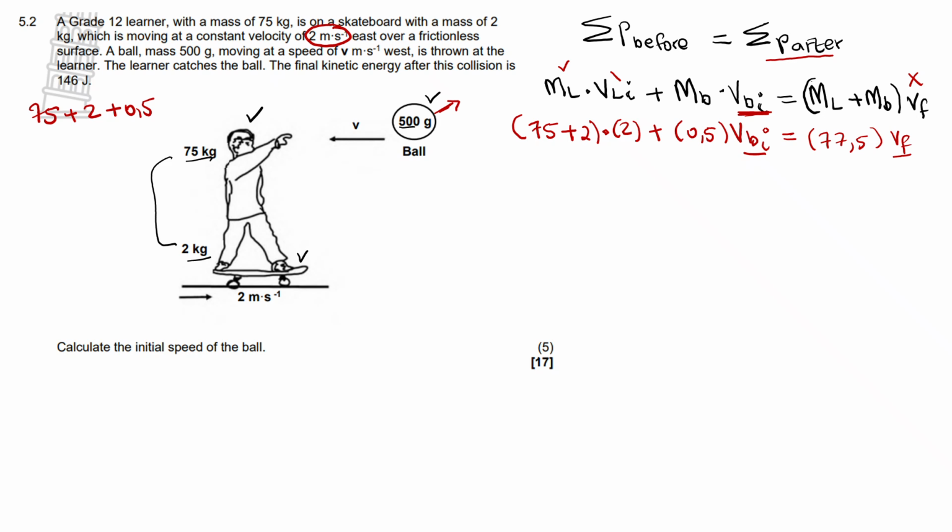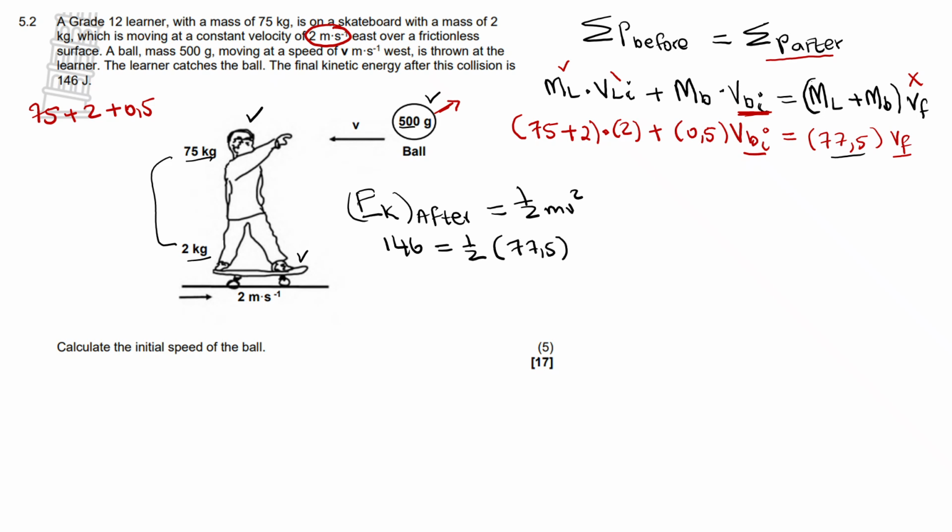So now we can say EK after equals 1 over 2 mv squared. This is the formula for EK, but now the EK is given as 146 joules. So this will be 146 equals 1 over 2 times the mass. Remember, all of them will move with one velocity, so we need to use this mass. We need to add all these three objects. So this will be